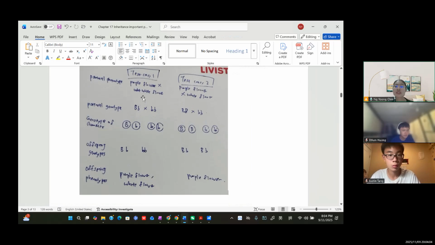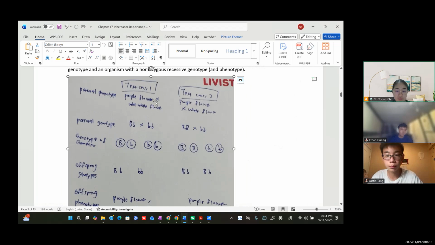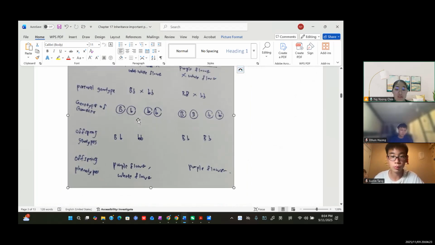Because one of them is heterozygous dominant, another one is homozygous dominant, so you produce different results. In the test cross, when you cross the homozygous recessive alleles with the heterozygous alleles, you will have about 50% purple flowers and 50% white